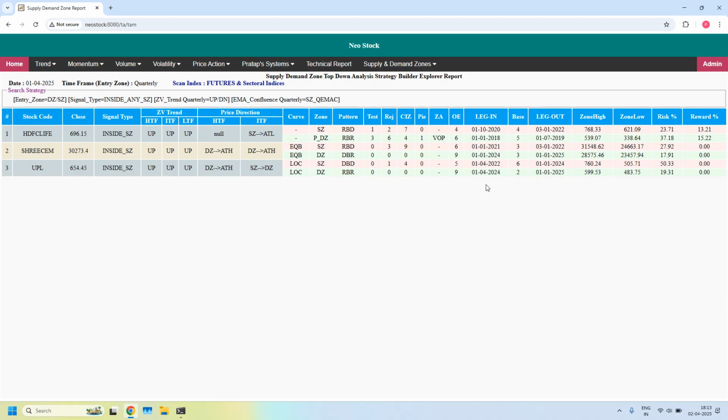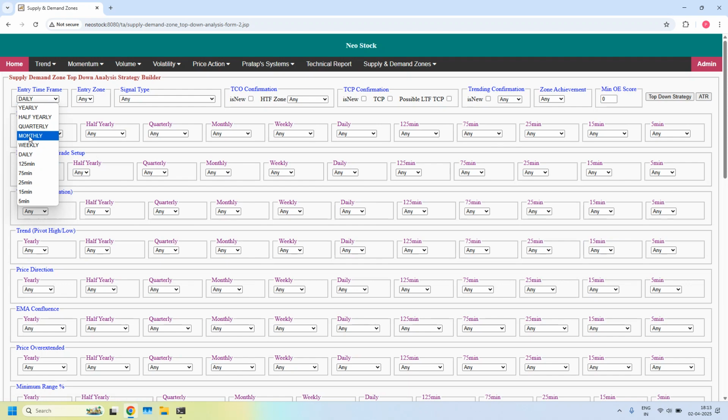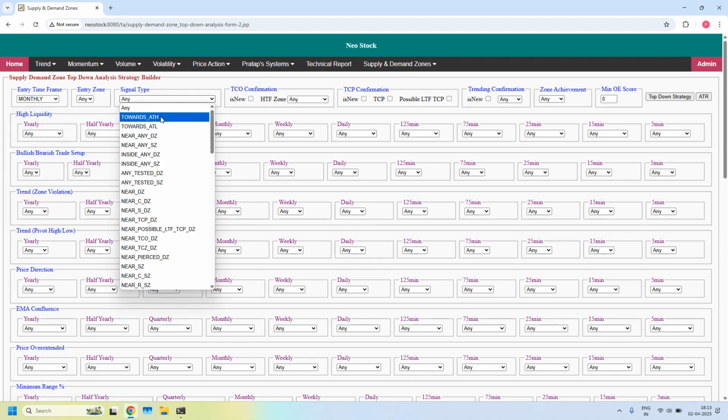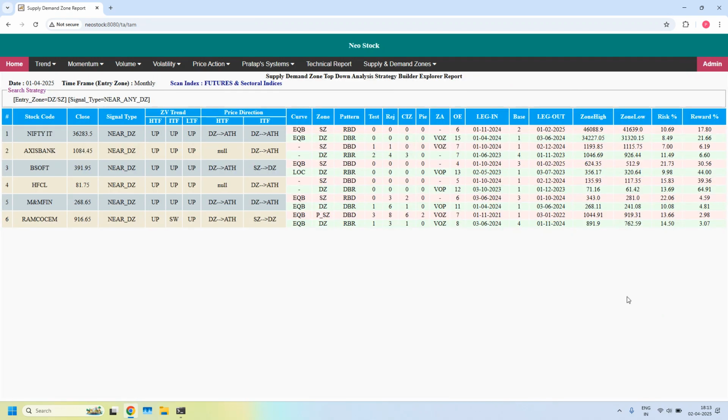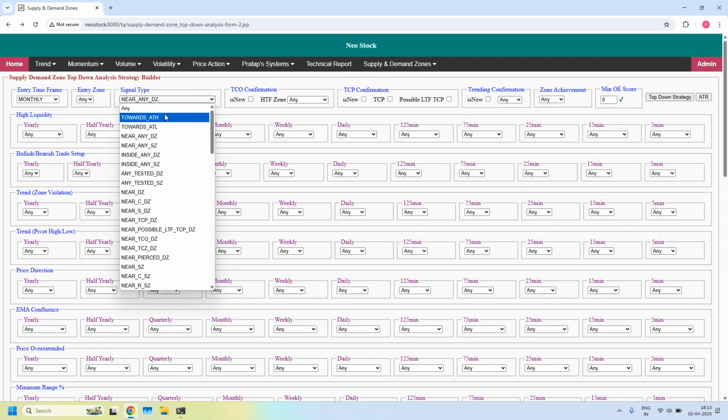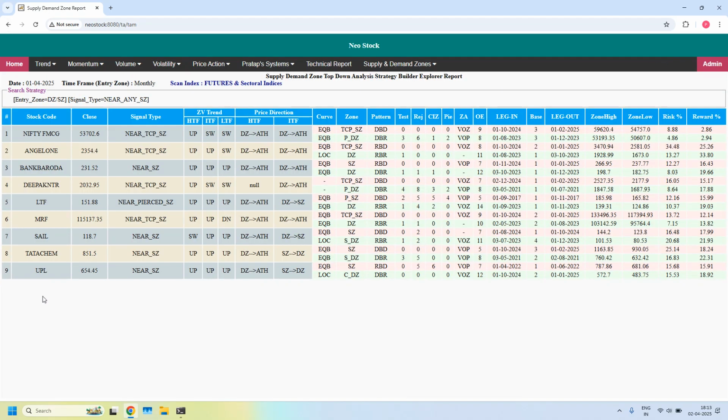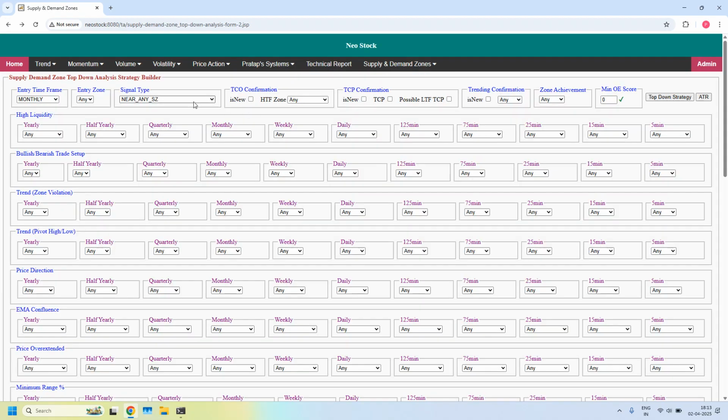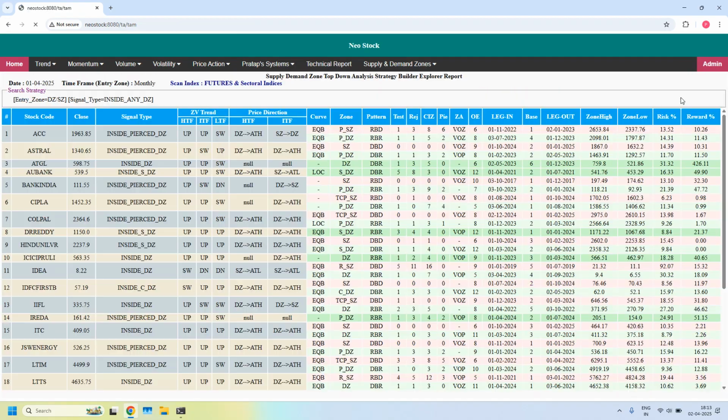Okay, next time frame is monthly. Stocks near monthly demand zone, we got 6 stocks. Next, stocks near monthly supply zone, we got 9 stocks. Next, price closed inside the monthly demand zone. First 18 stocks in the list. Scrolling the list down,